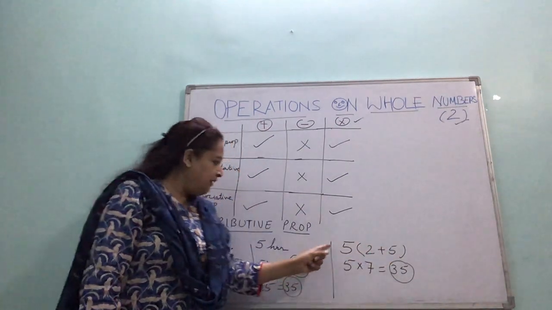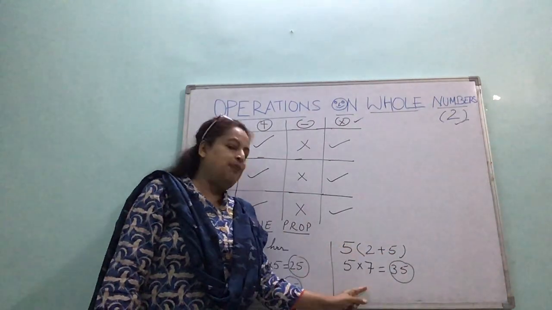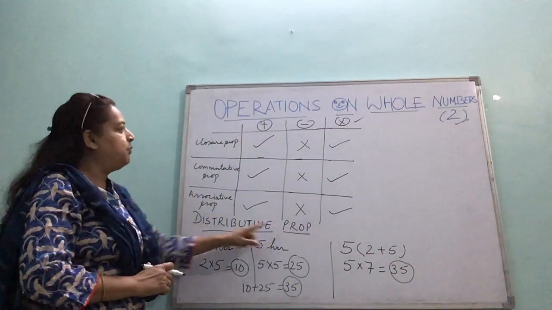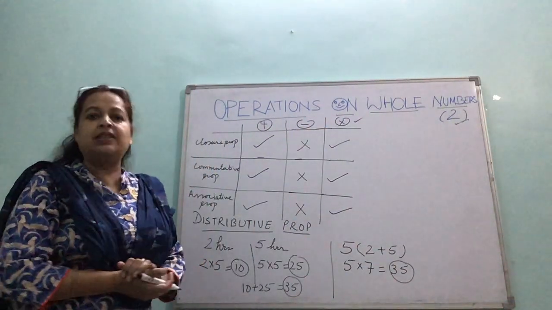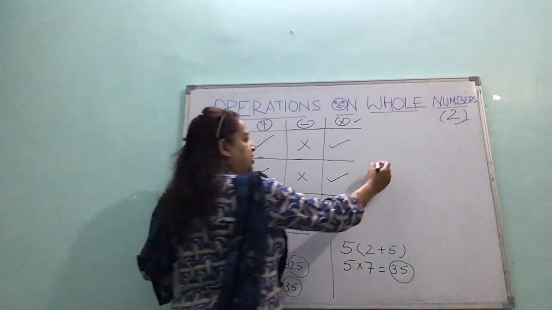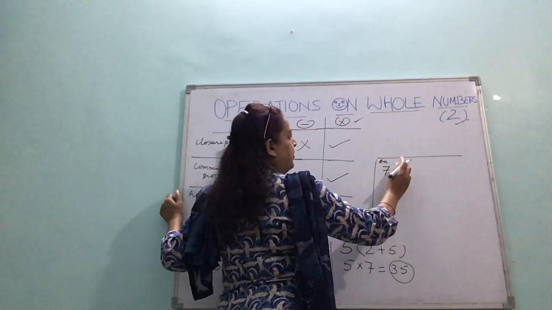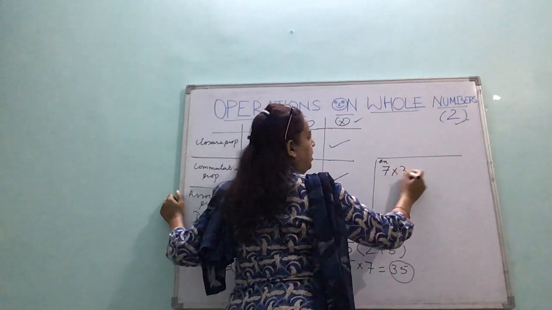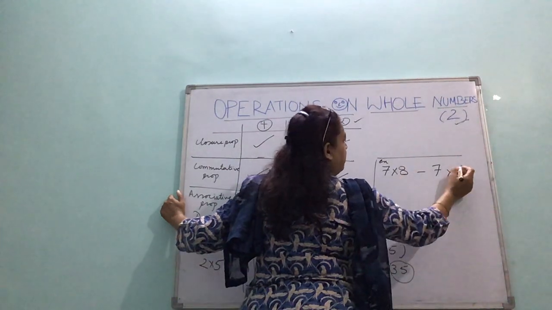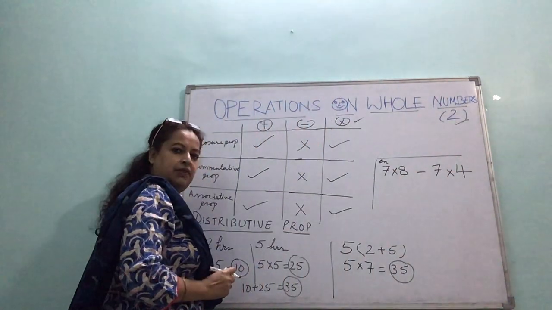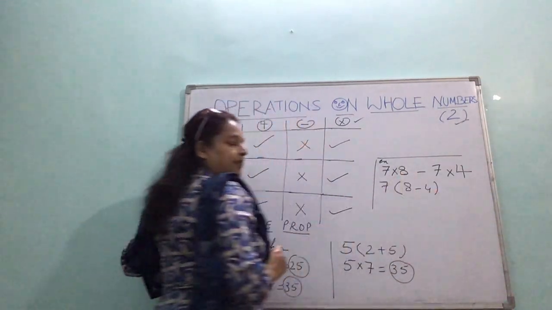You can add because I have to multiply by the same factor, the same value. So we can first add and multiply. This is known as the distributive property of multiplication over addition. And the same is true for subtraction also. Instead of addition, if you have to multiply, I'll take one example here also. You have to multiply 7 into 3 and subtract 7 into 1, or maybe 7 into 8 and subtract 7 into 4. So you can easily first subtract and then multiply.